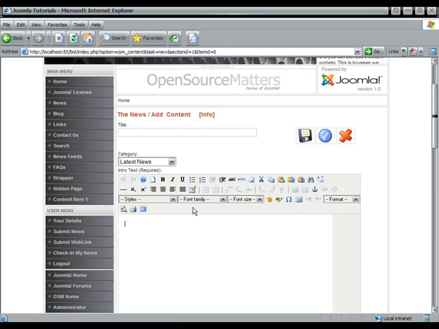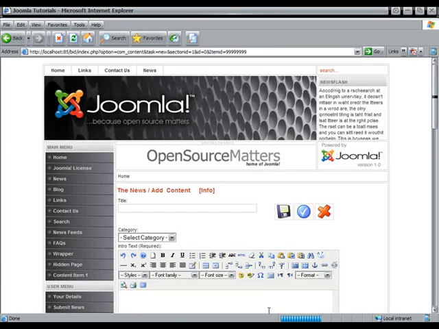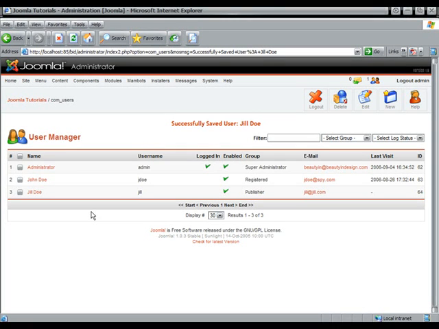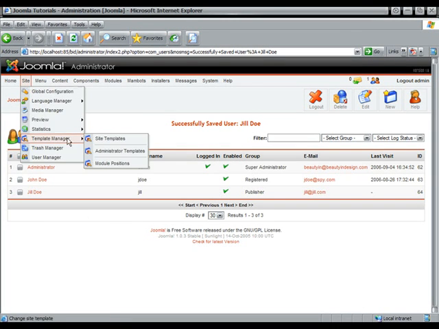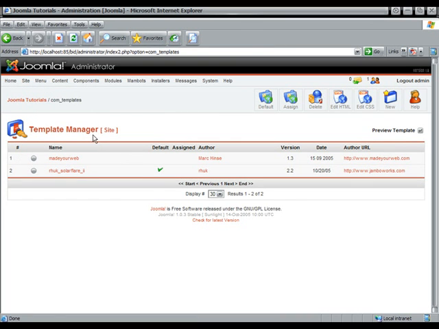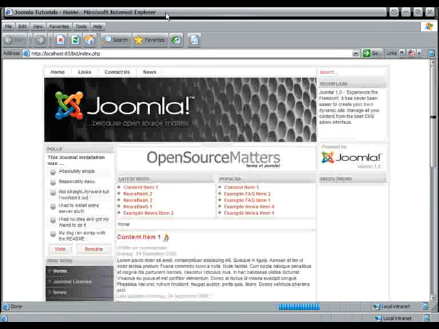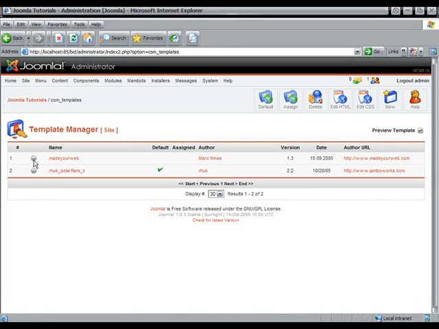So that's basically it for the user manager. Fairly simple, very straightforward. And one more thing is we're going to look at the templates real quick. Go to Site, Template Manager. And let me open the preview window real quick for you, just so we can see. Now, like we showed on the first tutorial,